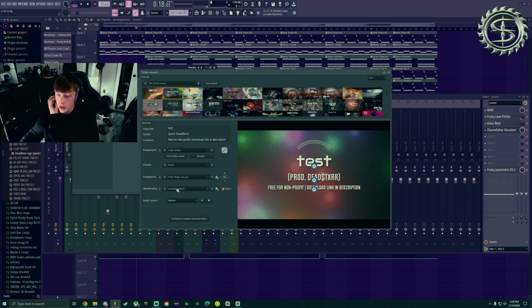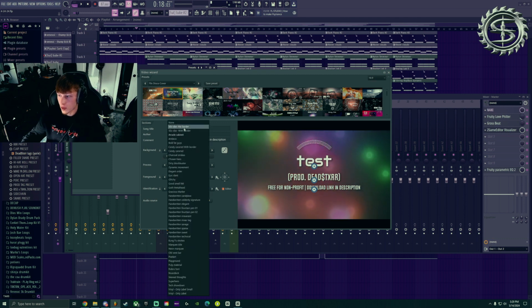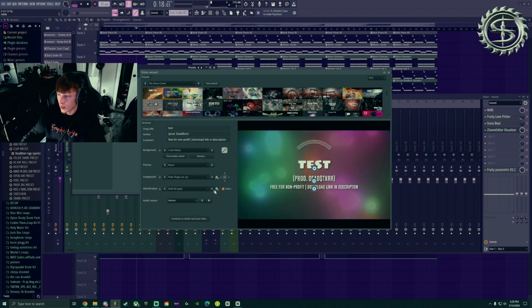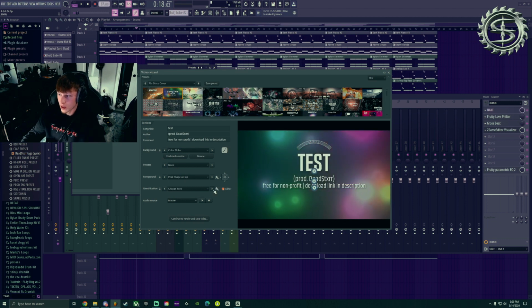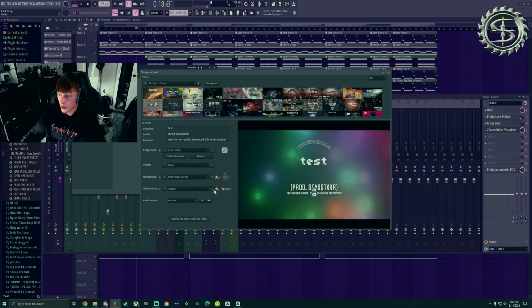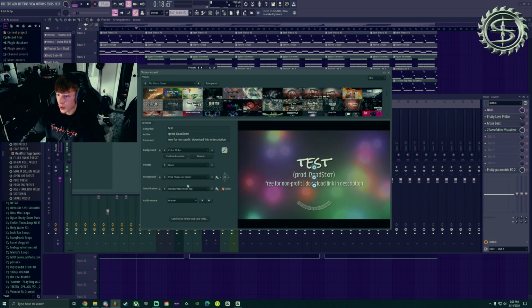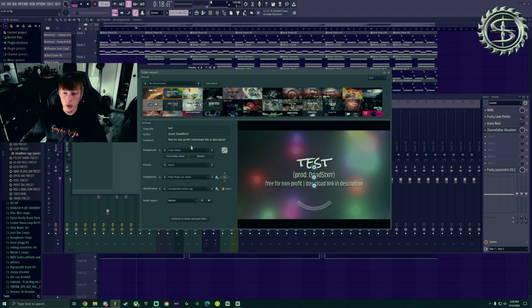Same for the font of the entire thing. So there's a ton of different fonts you can choose, and they're all ranged for different sounds, etc. Whatever vibe you're kind of going for in your beat, song, whatever it may be. You can really just do whatever you want in here, and then whenever you want to go and export it, hit continue to render,